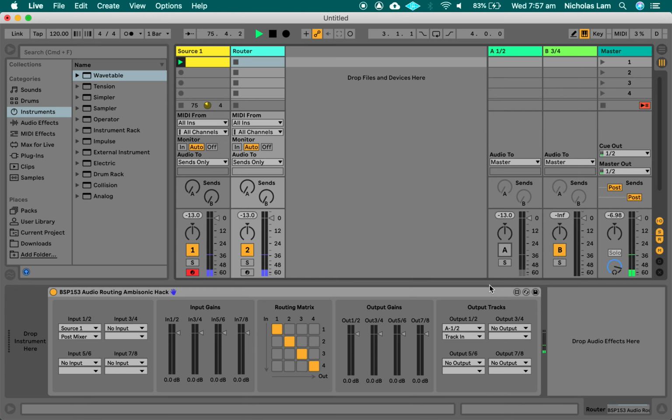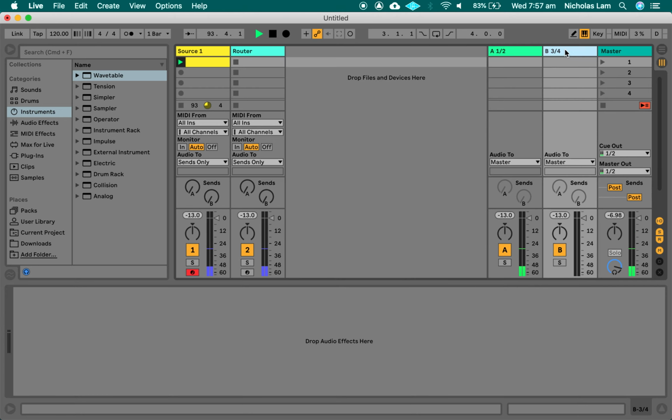So we can see if we mute that, the audio is being routed to here and then to the master. We just can't hear it because it's muted. If we change the signal from output 1, we could select a different track or a different return, say 3 and 4, and now it's going there. Again, this ability to route audio like this from a Max for Live device in Ableton is very new. So hopefully this is making sense. Have a bit of a play and a think. Back to 1, and just to